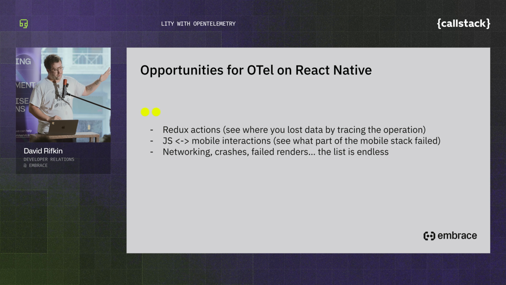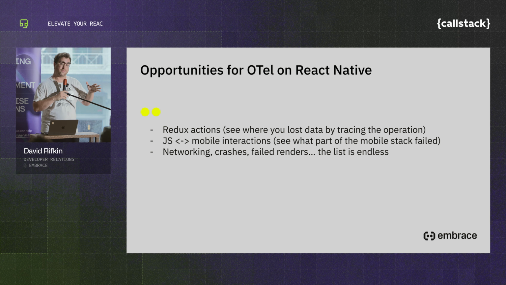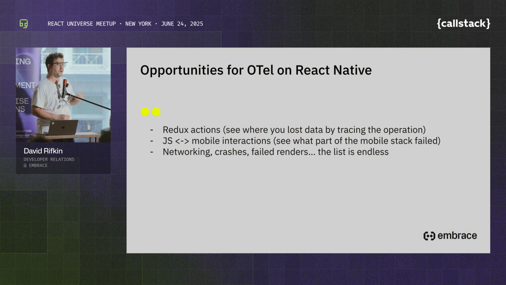You probably want that information live and in production. And so where we end up, the opportunities for OTel, truly anything your team or you want to measure in production. So because observability is for apps, apps tend to be built by teams. Whatever your team is trying to solve in production, you might want to get information about it. Then you might want to contribute back a library to do that. So some examples here for React Native specific people. If you want to wrap Redux to learn how those operations are functioning in production, learn where things are going wrong, learn where you've destroyed data locally,